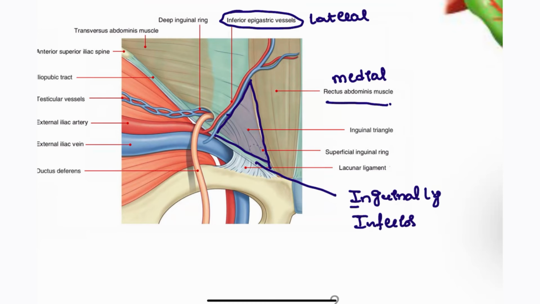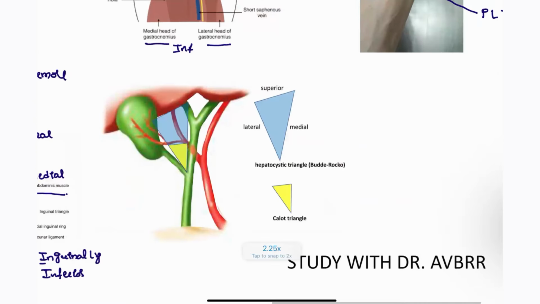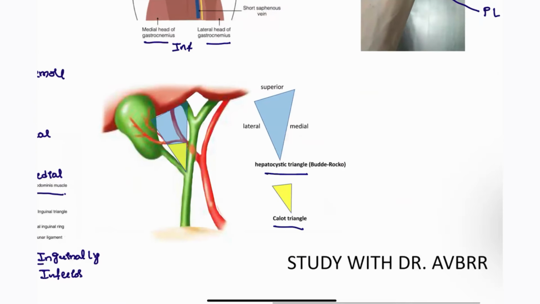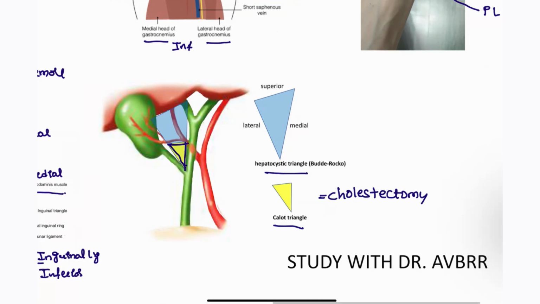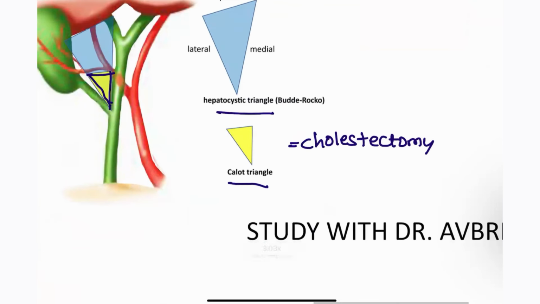Next, moving on to another picture here. This is the Calot's triangle and this is the hepatocystic triangle. So coming to the Calot's triangle, what is the importance of the Calot's triangle, guys? This is important when you are going to proceed for the cholecystectomy. Okay, especially laparoscopic or open cholecystectomy, this is going to be important. So here you can see this border is going to differentiate it. How? In the Calot's triangle, on the other side,